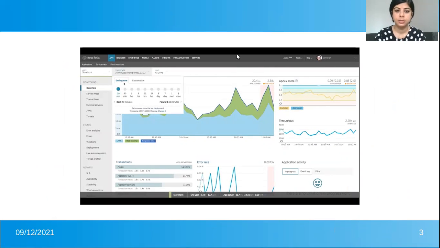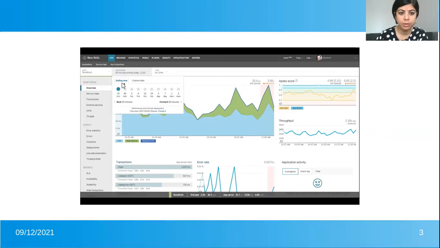Here you can see the screenshot of New Relic dashboard. So in this screen, first I'd like to explain this particular feature, which is time picker. Time picker is nothing but it sets the time on the dashboard for a particular interval on which we can see the amount of web response time it's taking.